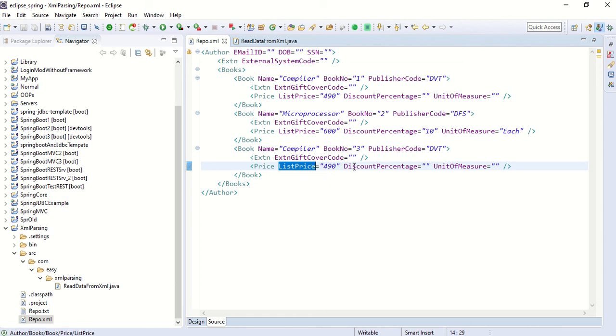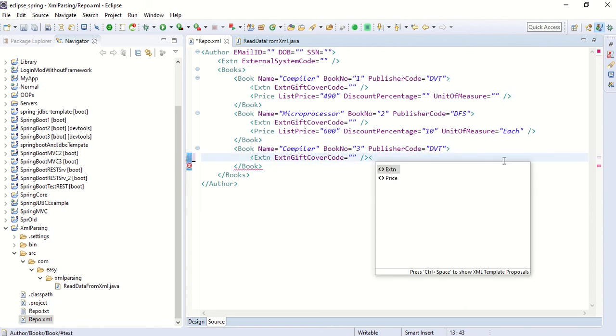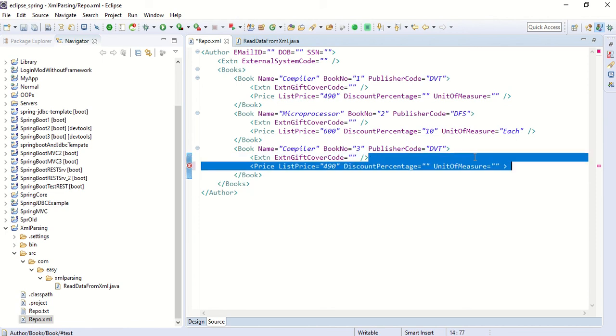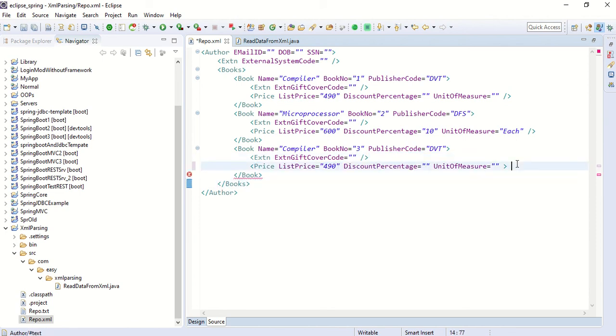An element can also have a value, like the price element can have some value here.